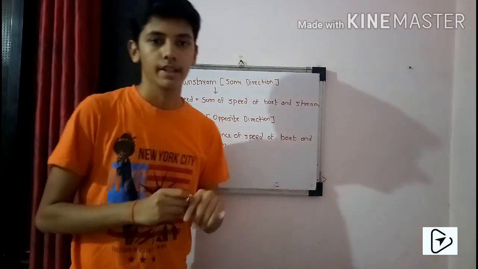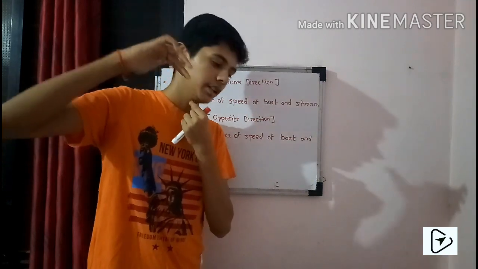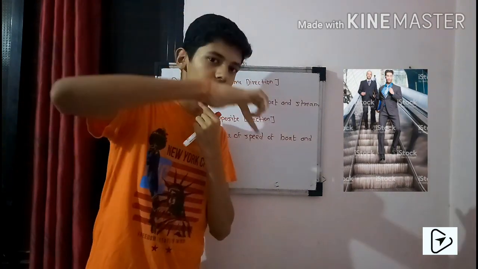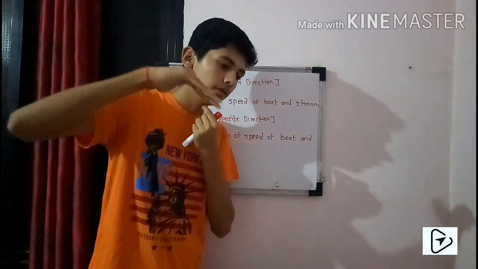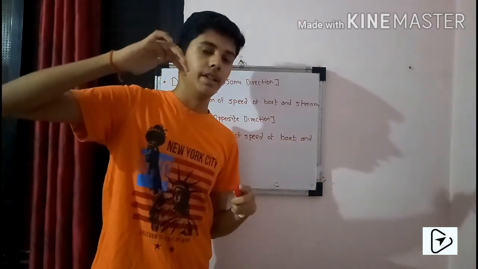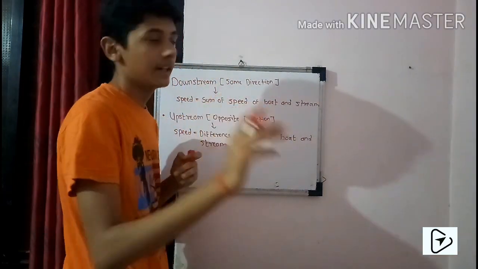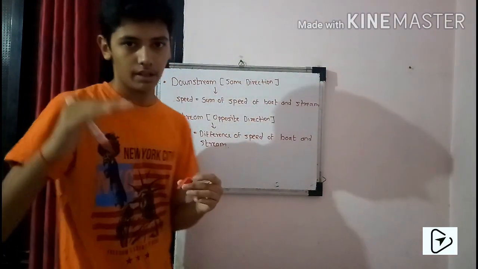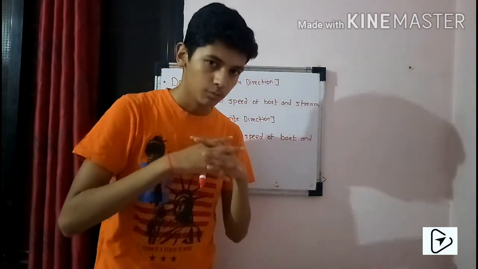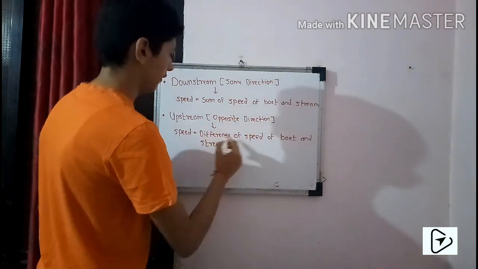Let us take an example of an escalator. If a person is standing on an escalator, the escalator takes him down automatically without his own effort. If the person also starts running on that escalator, the speed of the person plus the speed of the escalator merge with each other, so the person can come down much faster. Let us relate that condition to downstream. The boat is moving in this direction and the stream is also moving in this direction, so we have to add the speeds. In the case of upstream, the directions are opposite, and the speed is equal to the difference of the speed of boat and stream.